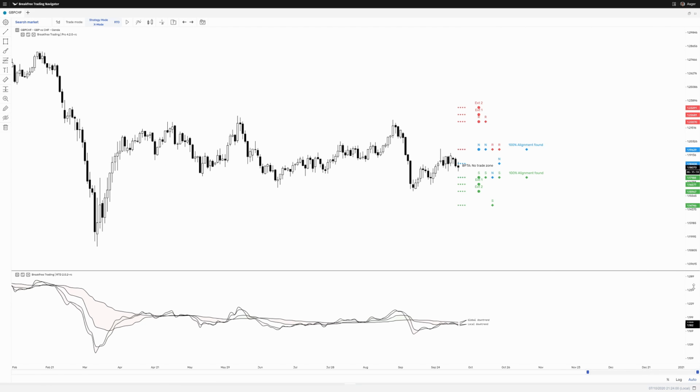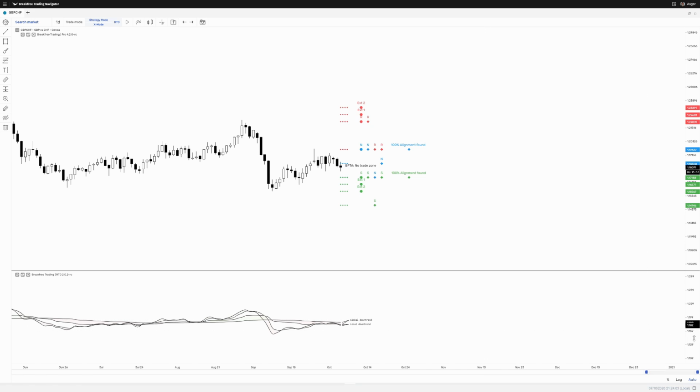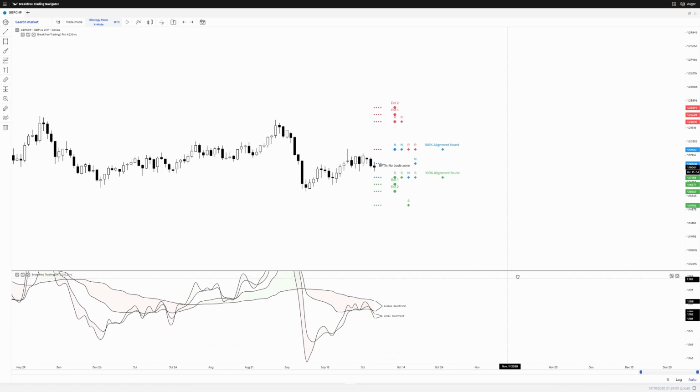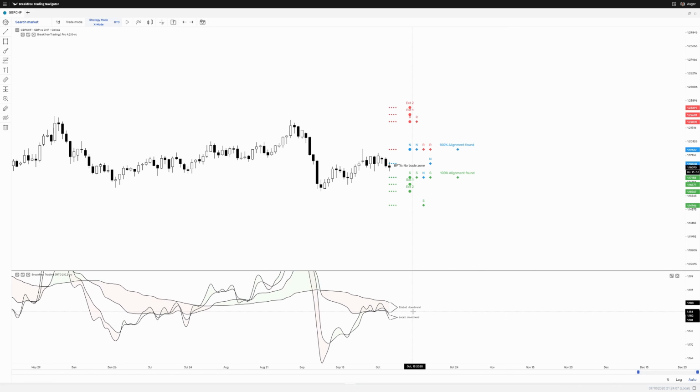So I minimized RTD here. What you should take away so far is that we have a global and a local, meaning a long-term and a short-term trend. The short-term is the local and the long-term is the global. Now,